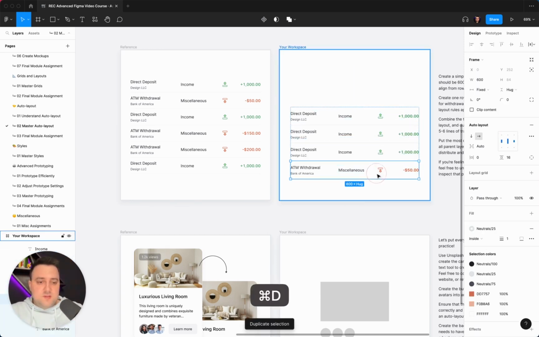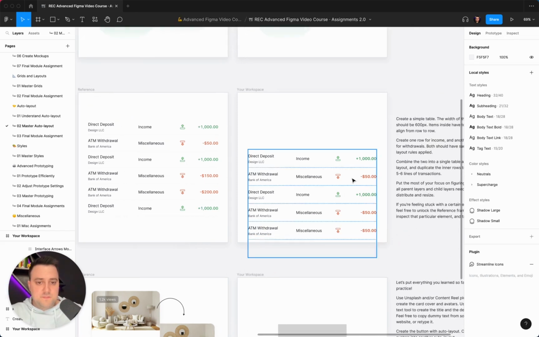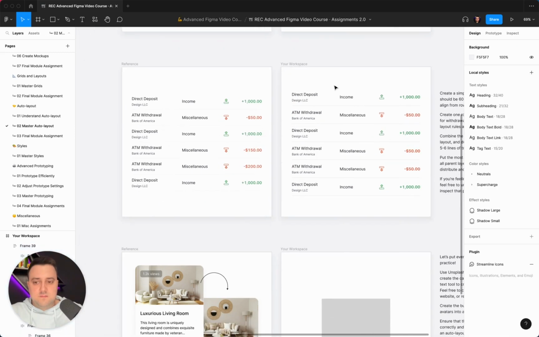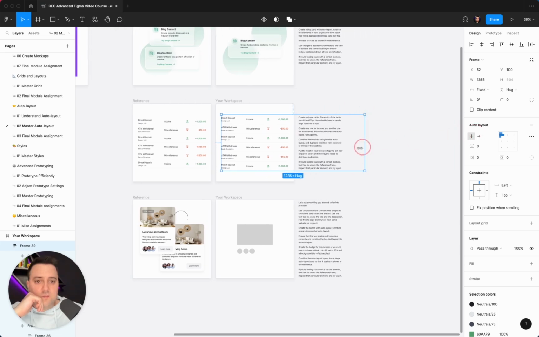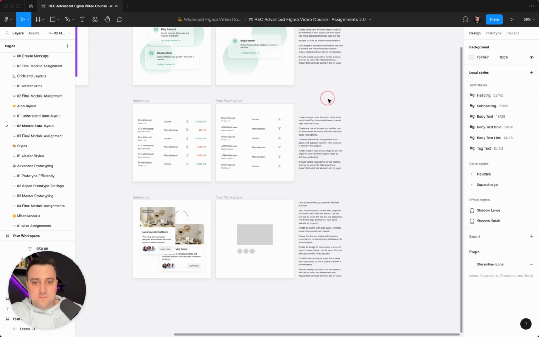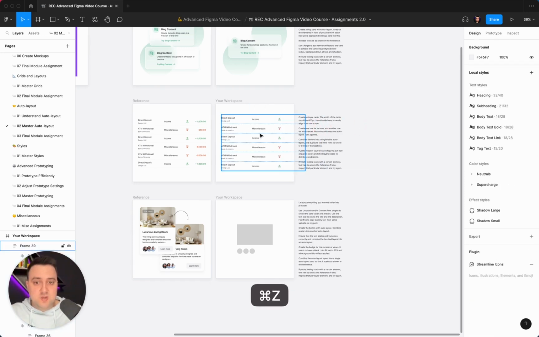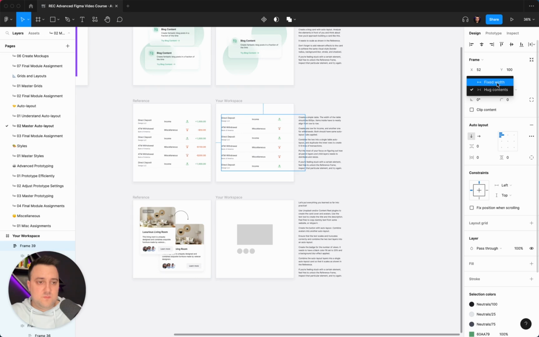We have 3 positive, 3 negative transactions. I just place them like this, centered. I'm not going to read what's happening in there. So one thing that you can see because of that, I can still have this table scalable. The only thing that I had to switch was from fixed width to hug contents, so that this would allow me